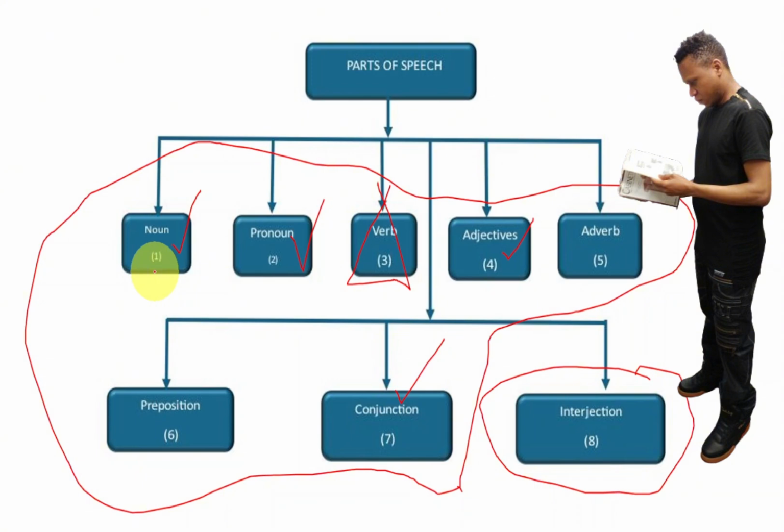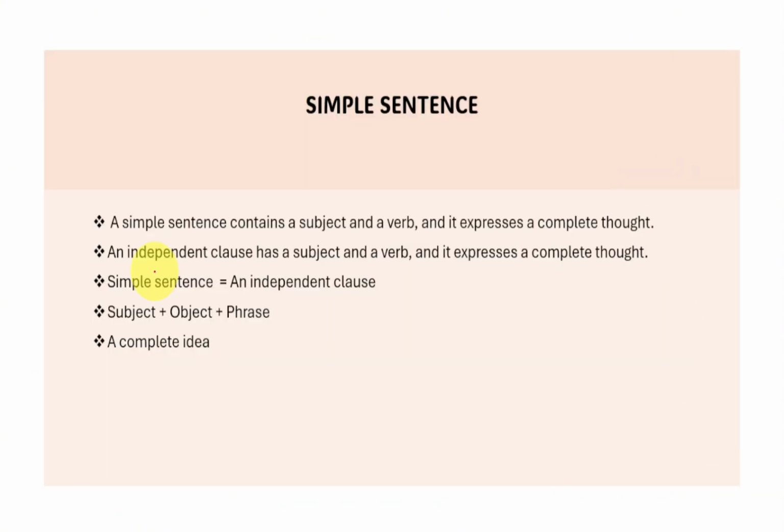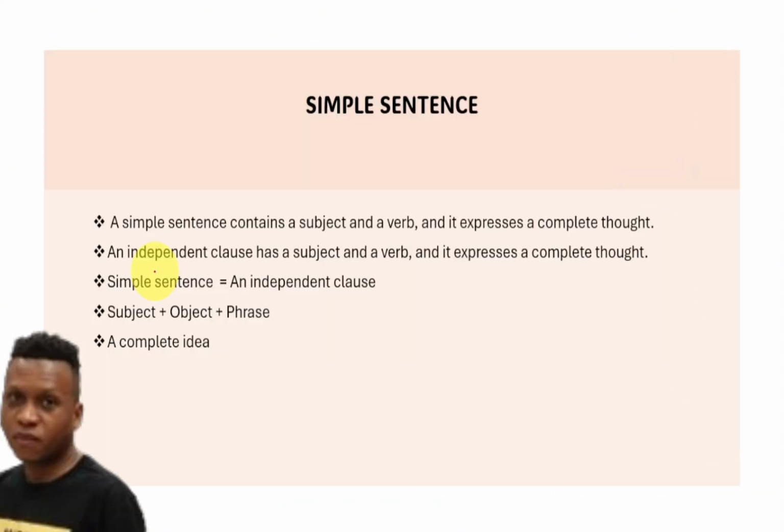In this video, I'm gonna cover how to write a sentence, different types of sentences. When you look at the other video, I was talking about the sentence. So a simple sentence has a subject and a verb, and expresses a complete thought. The main reason I say has, because contains, some people don't get it. You're also gonna hear about dependent clauses. Same thing. So if you don't understand independent clauses, think of a simple sentence.